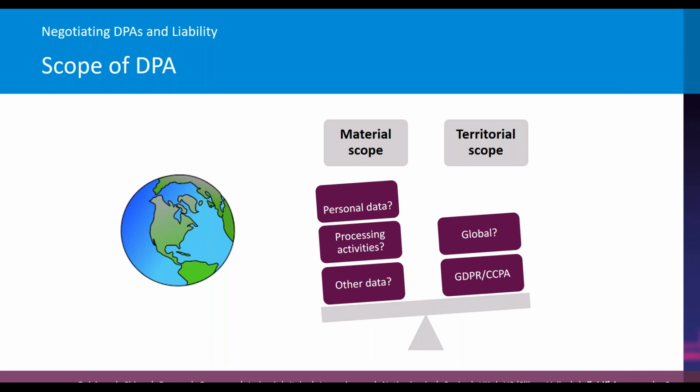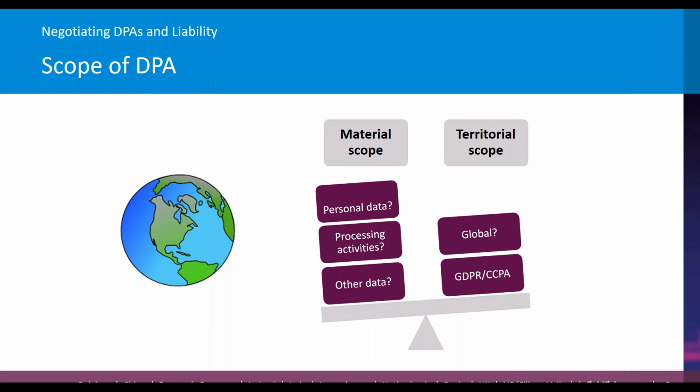It might be appropriate to actually extend the scope of the DPA so that the vendor is agreeing on a global basis to protect all of the data it receives or processes on your behalf to the standards set out in the data processing agreement. So being very clear. Sometimes you'll see scoping happening, very common for the vendors to say the DPA only applies to data that's regulated by the GDPR. Well, hang on a minute, does that mean we haven't got enough protections for data that might be regulated by other global regimes? What about the UK now that Brexit's happened? So just making sure that the scope is sufficiently broad to meet your own regulatory requirements.